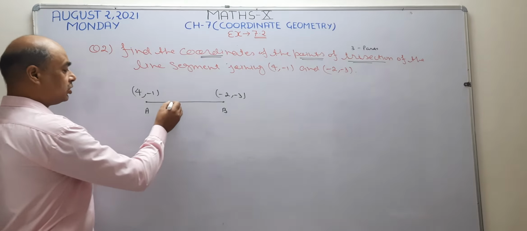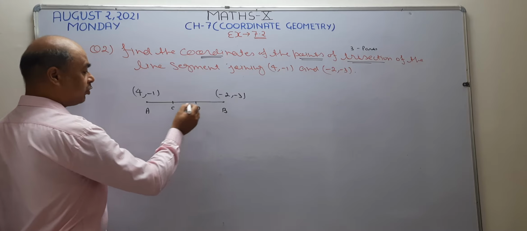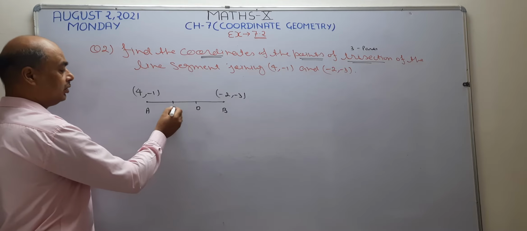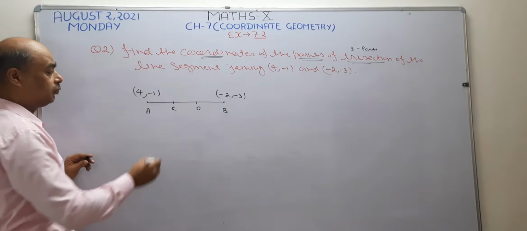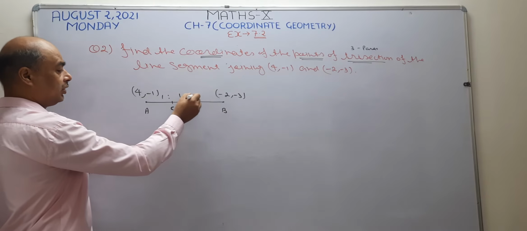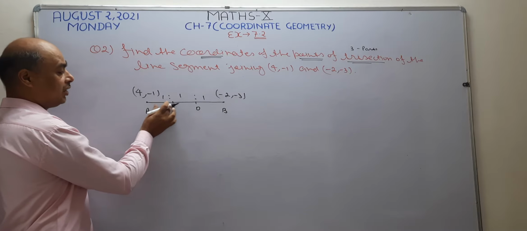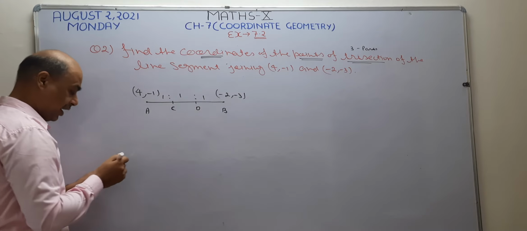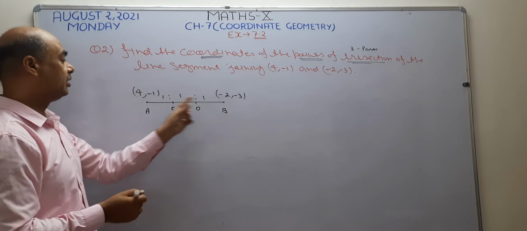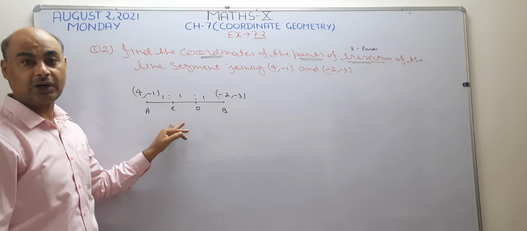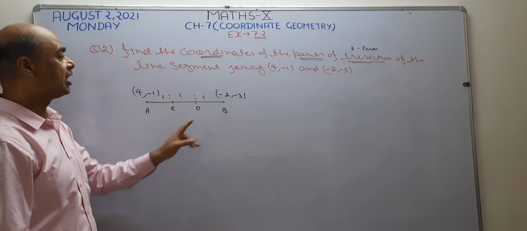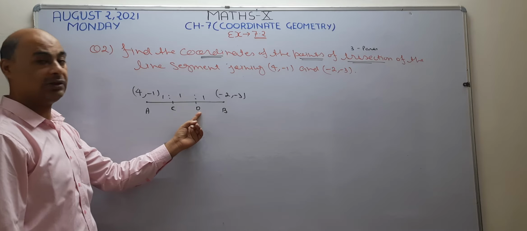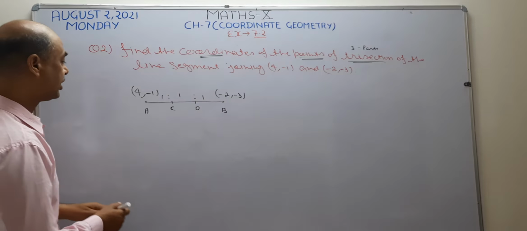Suppose this C and D are going to make this line segment in 3 equal parts. Suppose this is your 1 ratio, this is your 1 ratio and this is your 1. This is the first part, this is your second part, this is your third part. So C and D are going to divide the given line segment AB in 3 equal parts. Okay. Now in this question we are going to find the coordinates of C and D. This is our question. So first explain, let